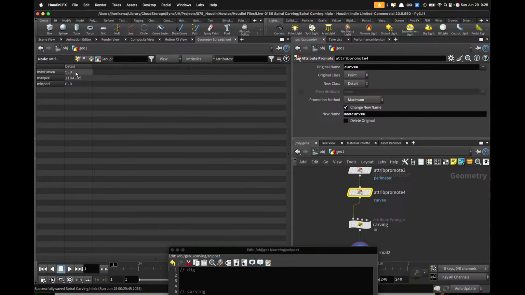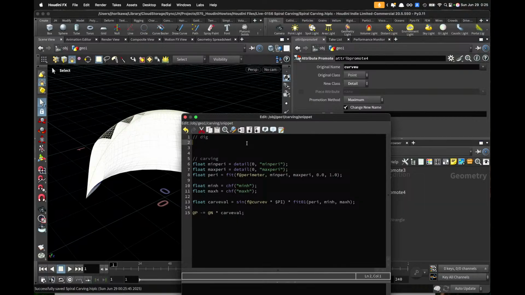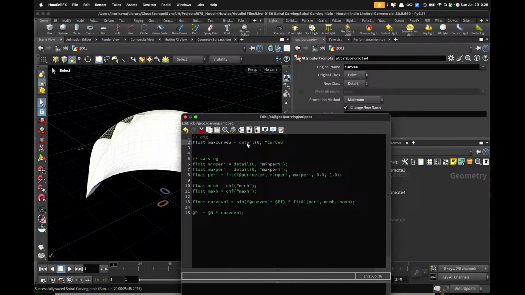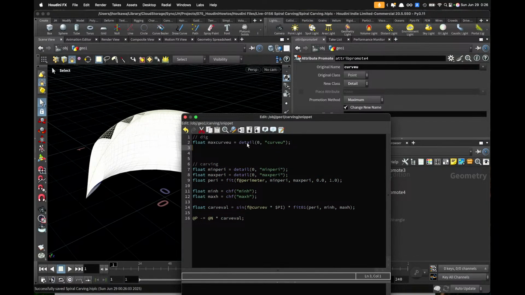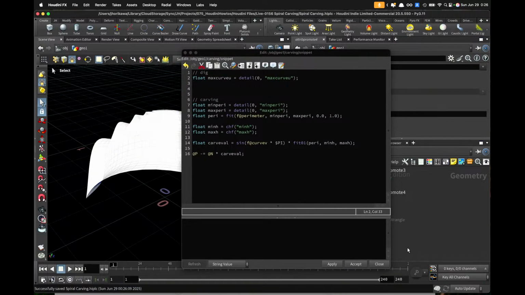In this case it's 5 because we have 5 layers. Okay, so let's get that information first. All right, then